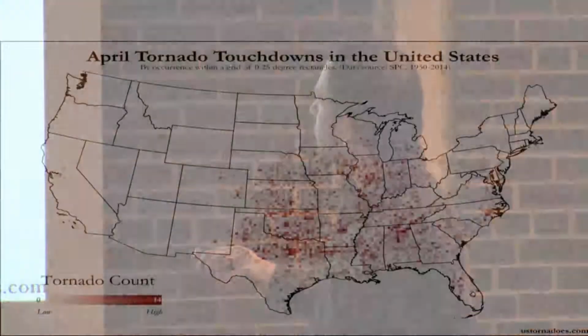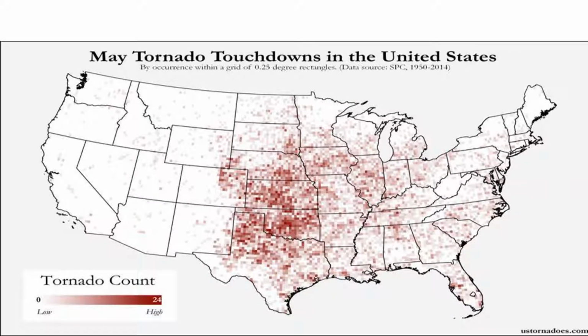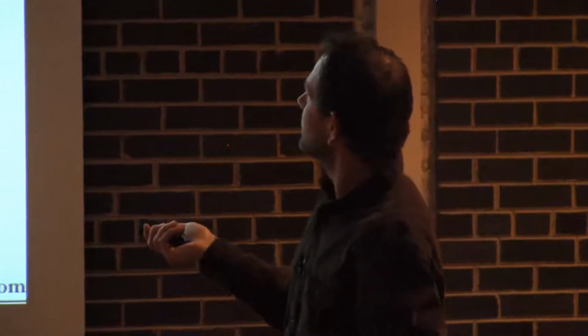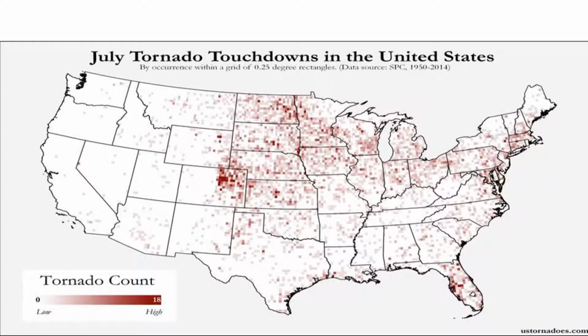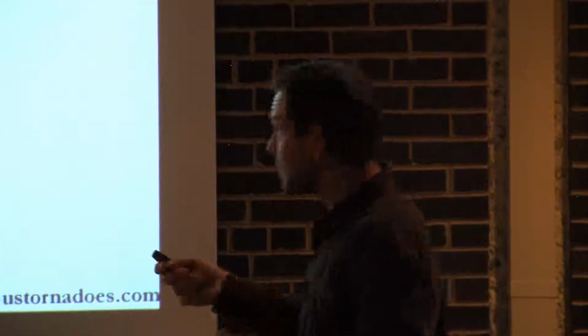So April, May, and June. In April it's starting to shift out from the south and getting into the Great Plains here. By May and June, our Tornado Alley region is in full effect, right? Tornado Alley being basically northern Texas all the way up through the Great Plains states here. And now July and August they start to taper off because we start getting the drier conditions in August. When you have drier conditions, you have less evaporative potential, less thunderstorm development potential.